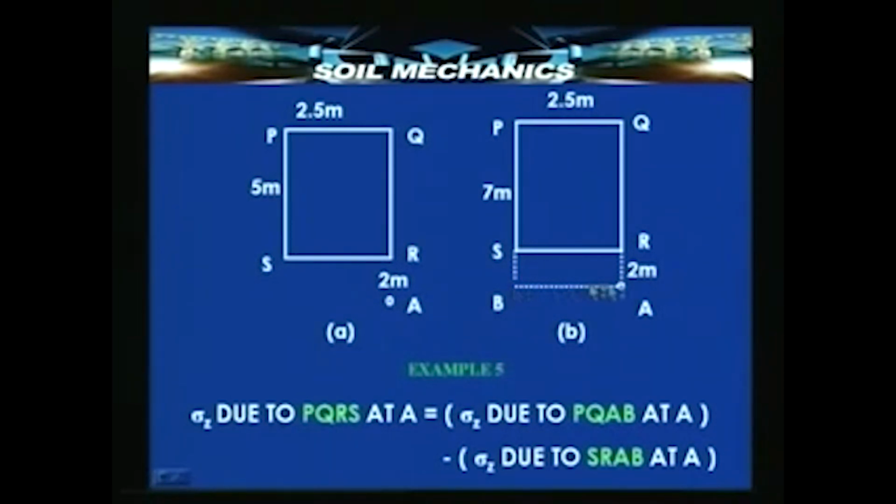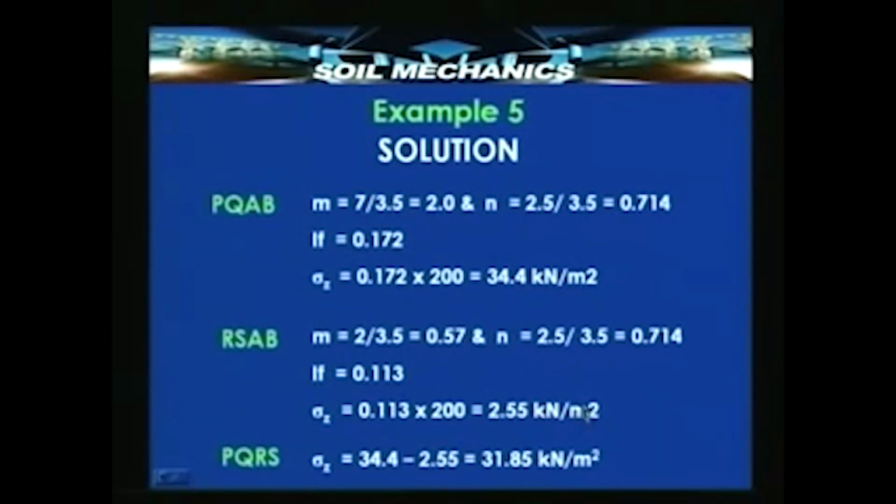All that we need to do is to compute the stress due to uniformly distributed load on PQAB, which will be a larger area, and subtract from that due to RABS, and that is what we have. Sigma z due to PQRS, which is the area of interest, is equal to sigma z due to PQAB and sigma z due to SRAB, both at the point A. The latter is to be subtracted from the former. The solution is, first take the larger rectangle, compute n,